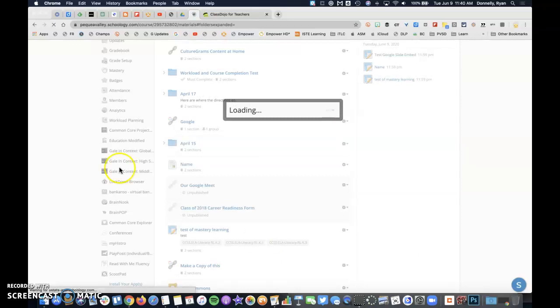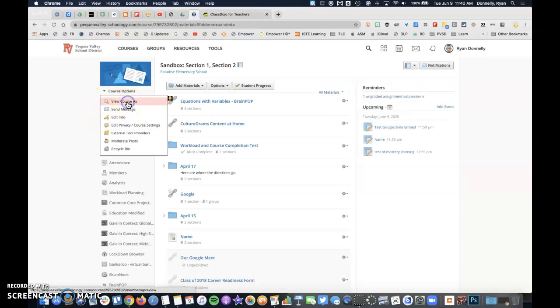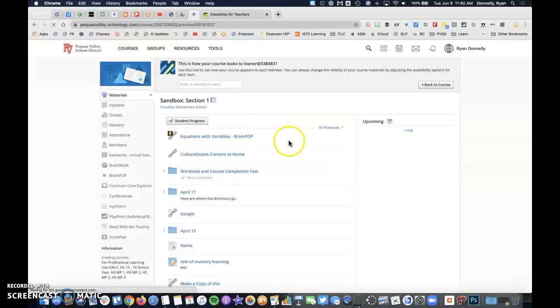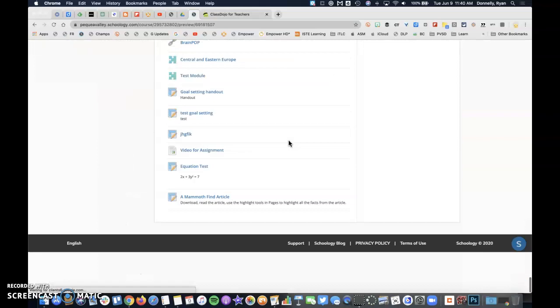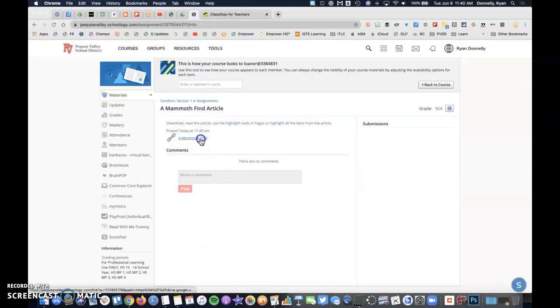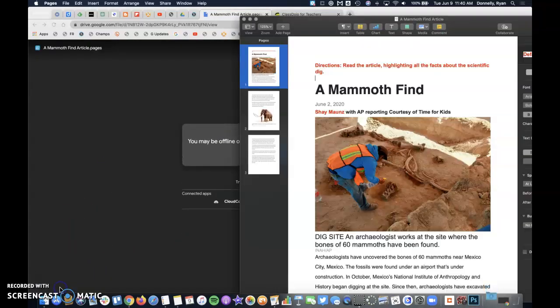And then what learners will see on their end, we go to course options, view course as, and then choose a learner that we'd like to view this as. Be able to find that article. They can see it here, and then they can just simply download that so that they can start marking up